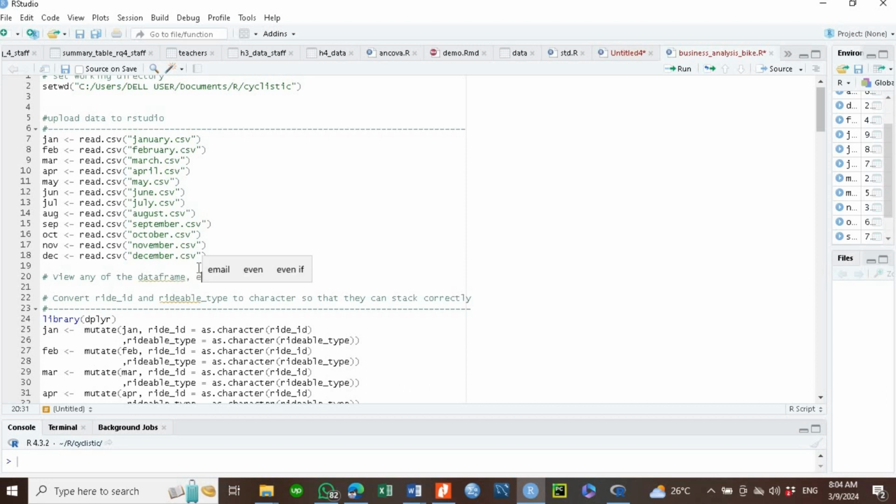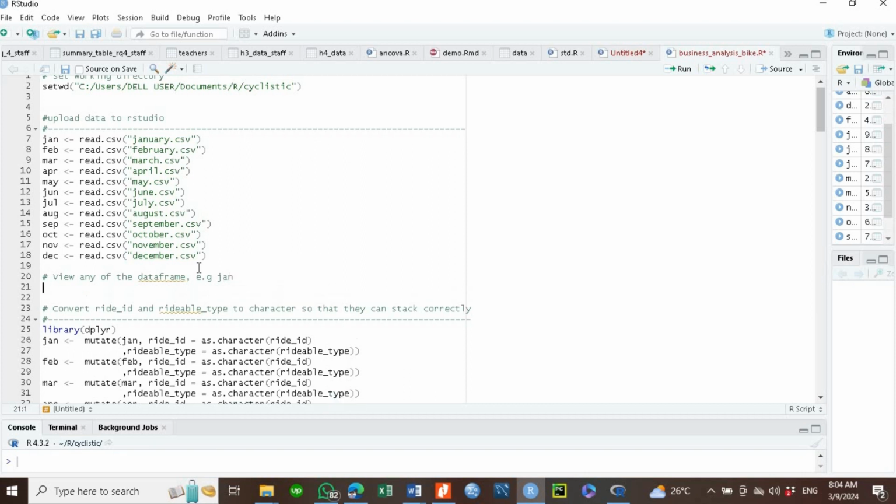Let's say, e.g., Jan. Right, so we're going to view January. To view January, you use the function called View with a capital V, then you type in Jan. Note that I'm typing this Jan, which is now imported into R, so I do not need to use the double quotation marks. So when I run this line of code,